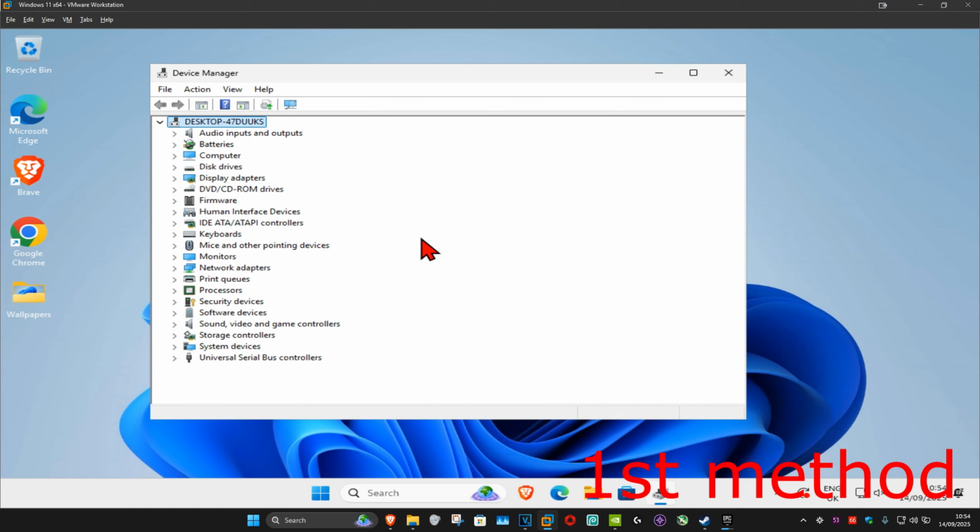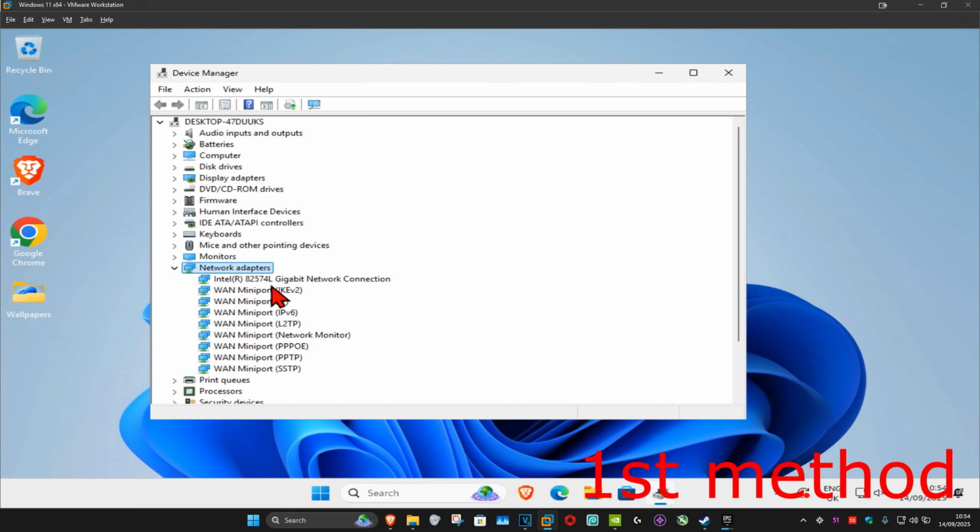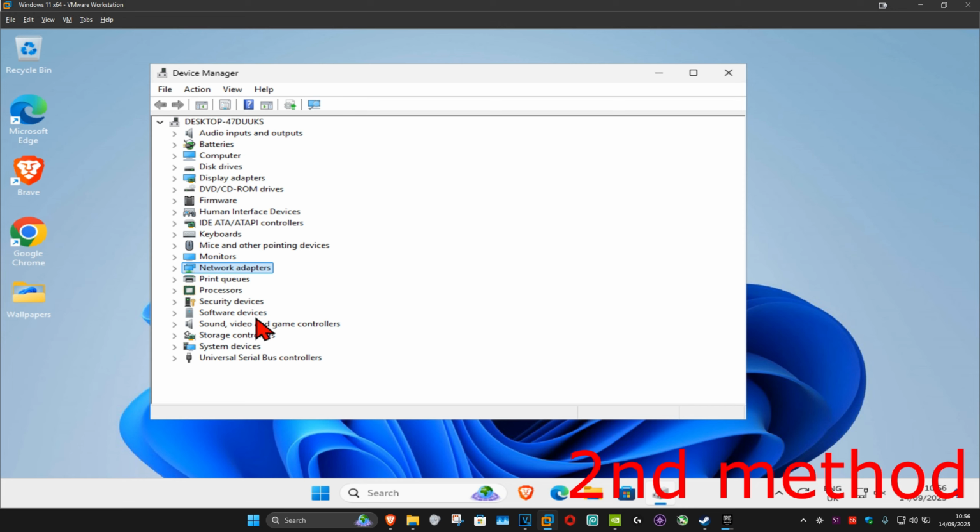In my case on my computer, I don't have the portable devices tab, but in your case you want to find portable devices and then expand it. And then see if you can find your portable device in this list. If you still can't find your portable device, then for the second method, you want to click on action on the top